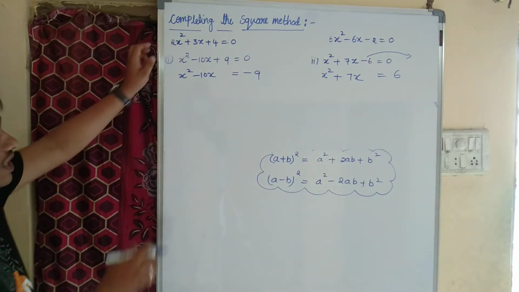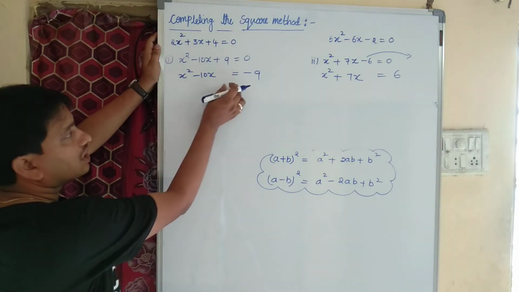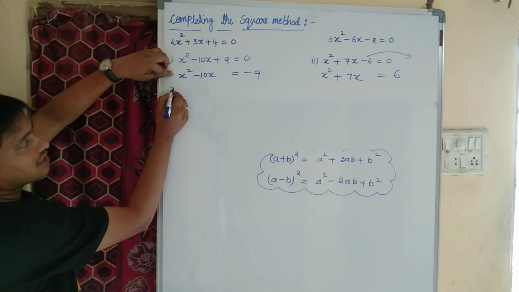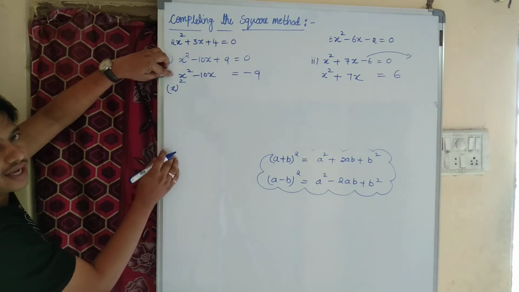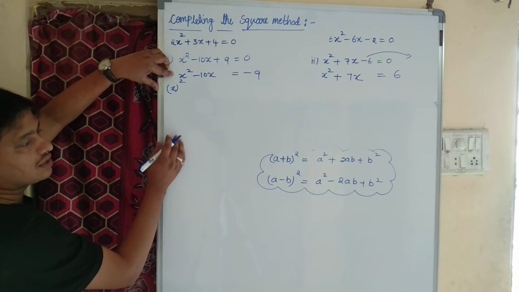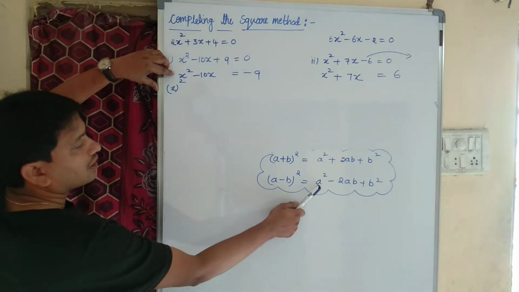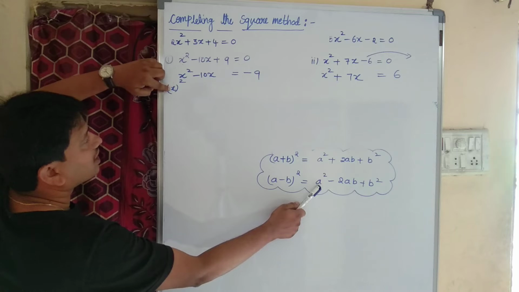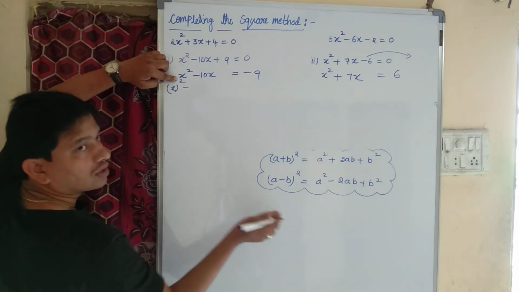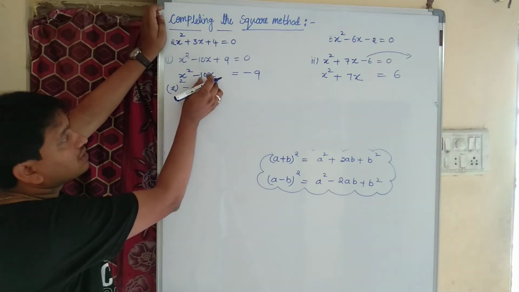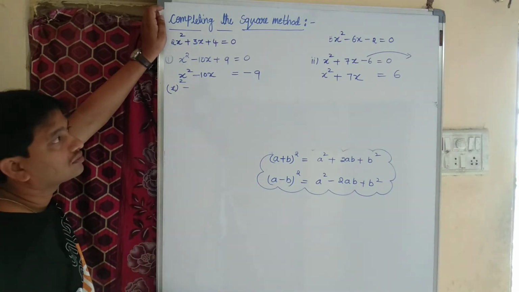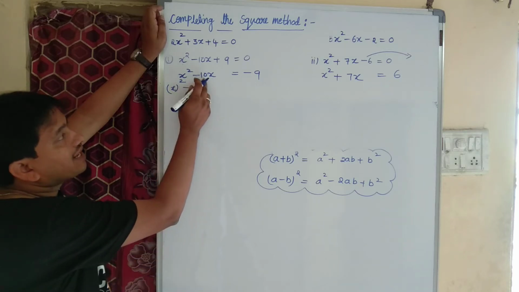If you observe the left hand side, we have x square minus 10x equal to minus 9. Children, let me write x square as x whole square. I can write it? Yes. Now coming to minus 10x, see here I have a square. Suppose if you consider x as a, I have a square. After a square I have a minus, right? So the second term, the middle term, is minus 10x. If the sign is minus, then we need to go with the formula a minus b whole square. Right, children? x square minus 10x is there here.